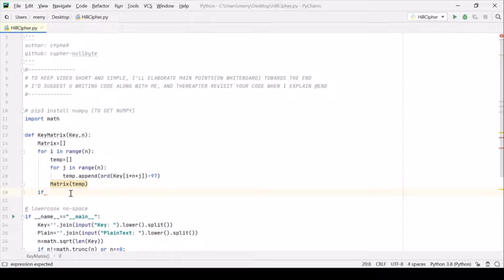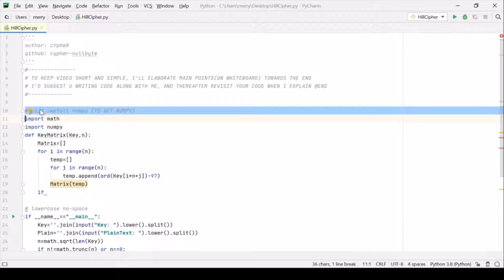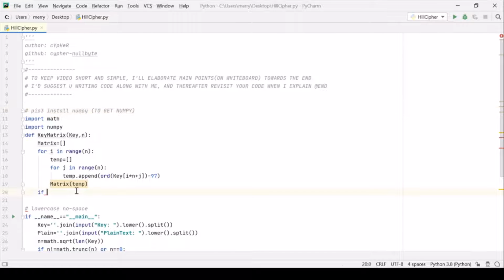So let's use NumPy for it. I love NumPy when it comes to tough functions. And if you want to install NumPy, you can use this pip3 install numpy command. And if you don't have pip3, then bad luck. You should browse the internet and try to install pip3. So let's use it. NumPy dot my favorite linear algebra and determinant of